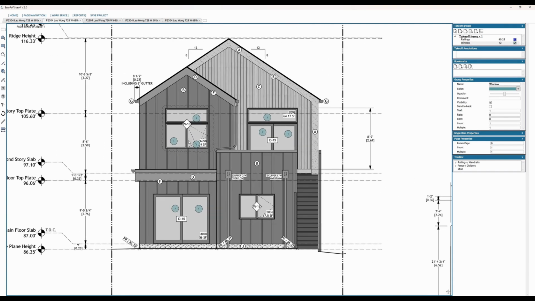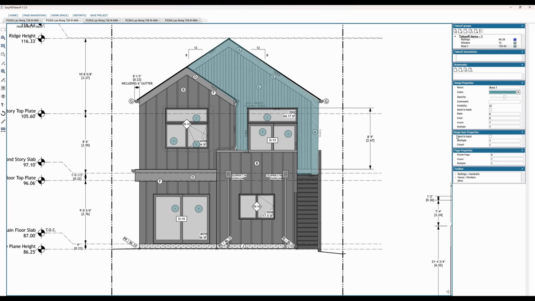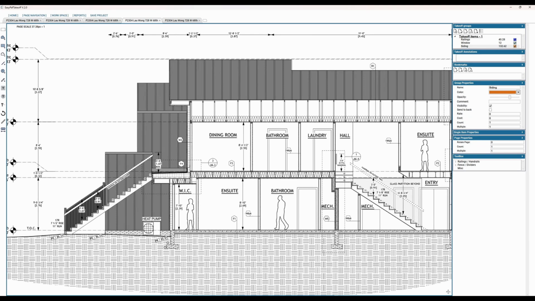Some more relevant items, for example, if you're working in the siding industry, you might want to take the area of the siding that you have. For this, you can use the area tool right here, and you can just start drawing here. This one here, you might want to give it a name. I will call this one siding. You can adjust the opacity and the color. Okay, so now that is set up,